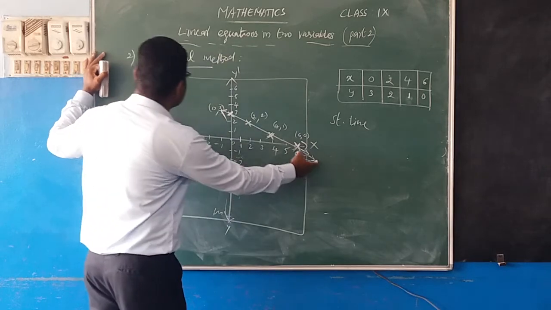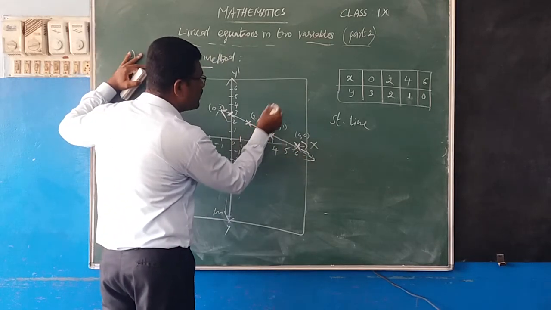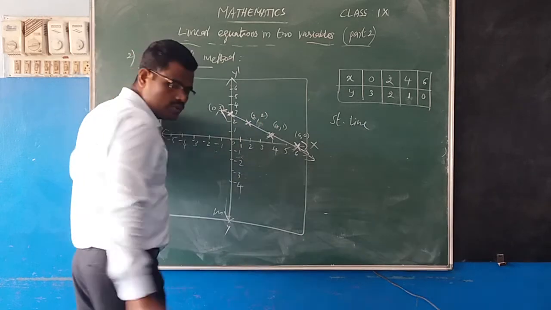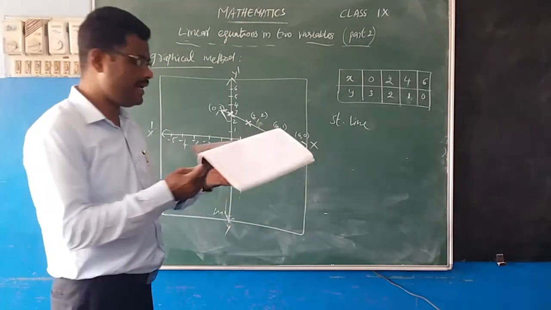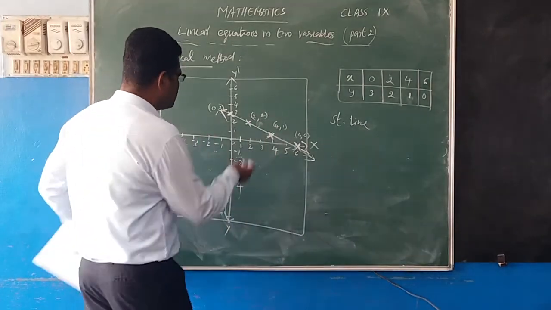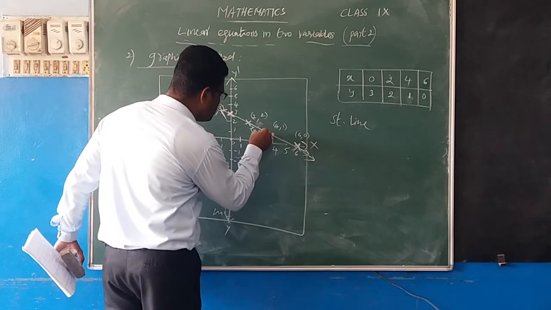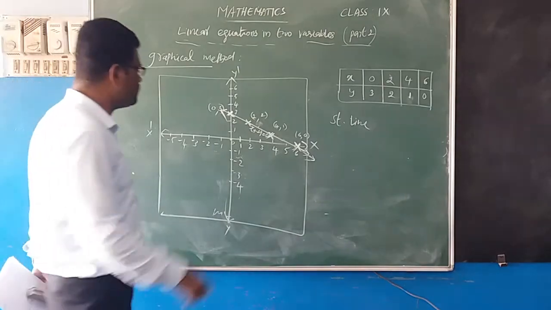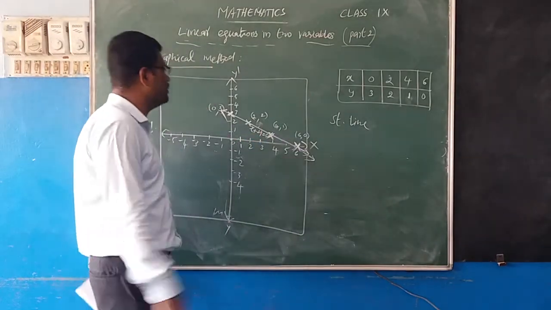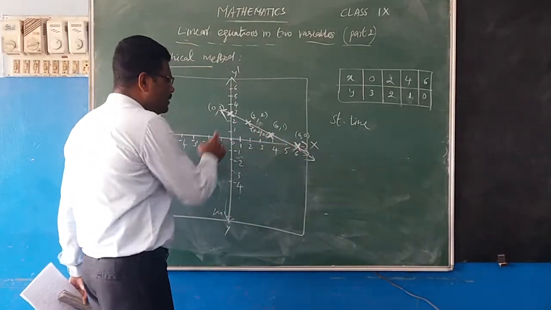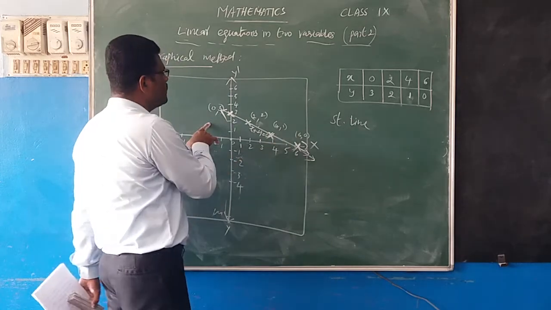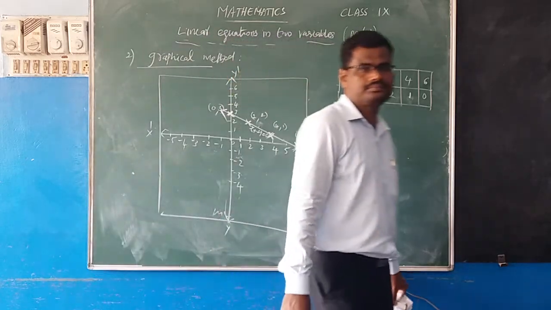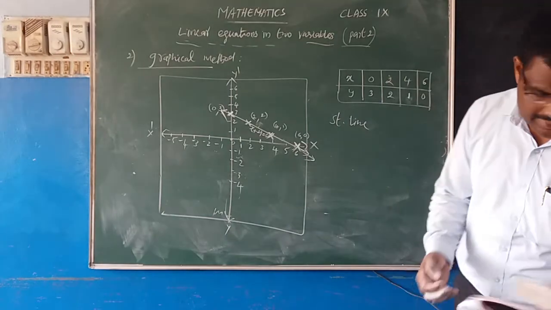This indicates what? The equation. What equation have I given, sir? I have given the equation x plus 2y is equal to 6. This is the solution. So x plus 2y is equal to 6 is the given equation, and it can be represented on a Cartesian plane. Clear? Let's see one more example.